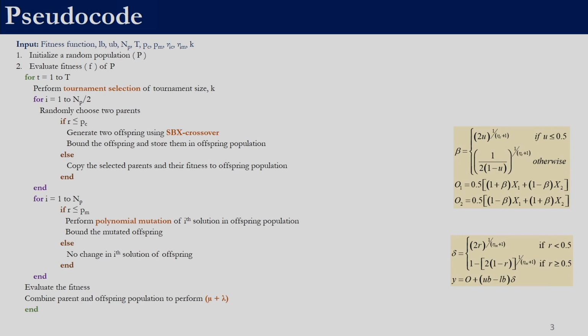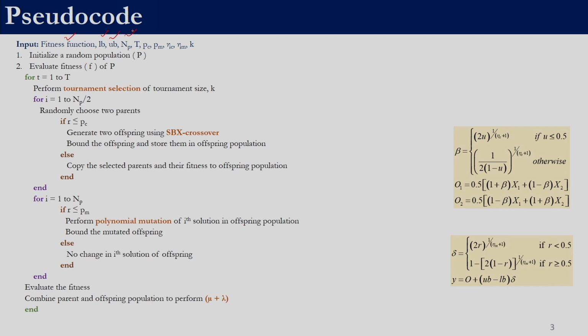Right. So, before actually implementing genetic algorithm, let us quickly have a recap of the pseudocode of genetic algorithms that will help us to quickly implement the algorithm. Pseudocode, as we have seen, we need to provide the fitness function so that the objective function can be evaluated, the lower and upper bound. So, these three constitute the details about the problem.